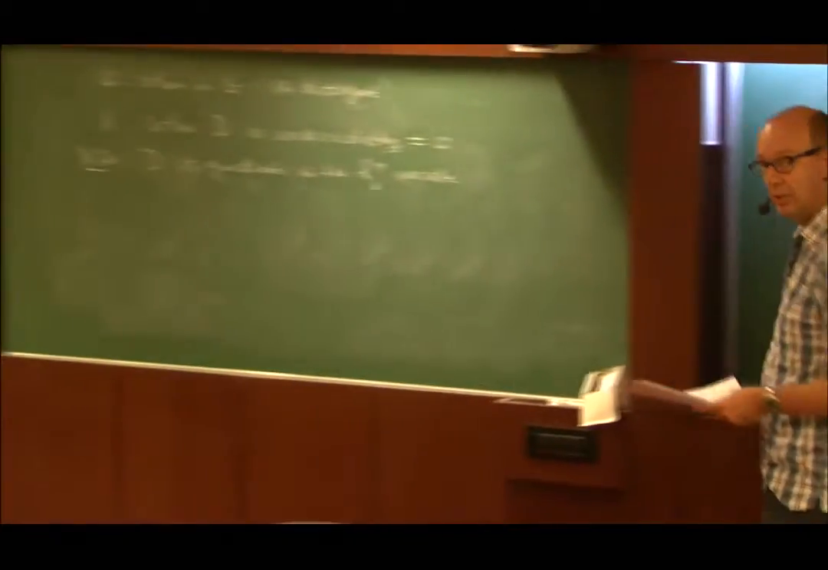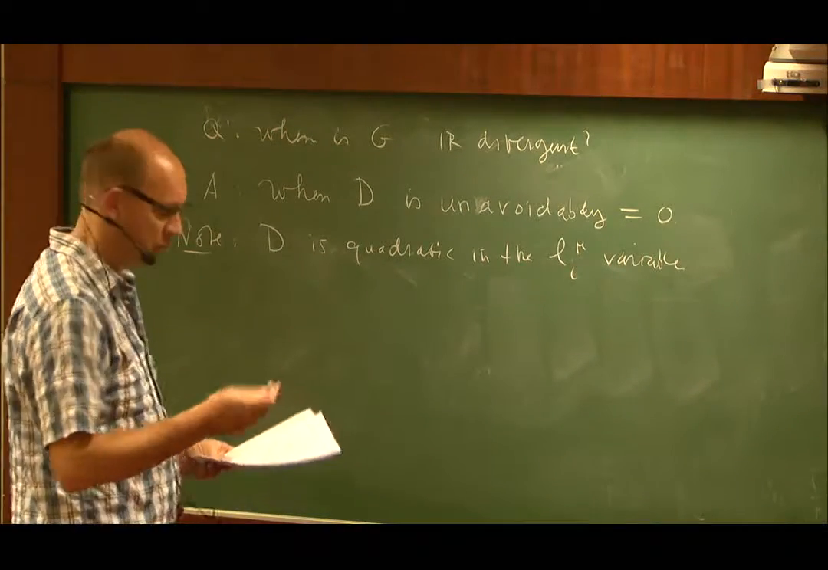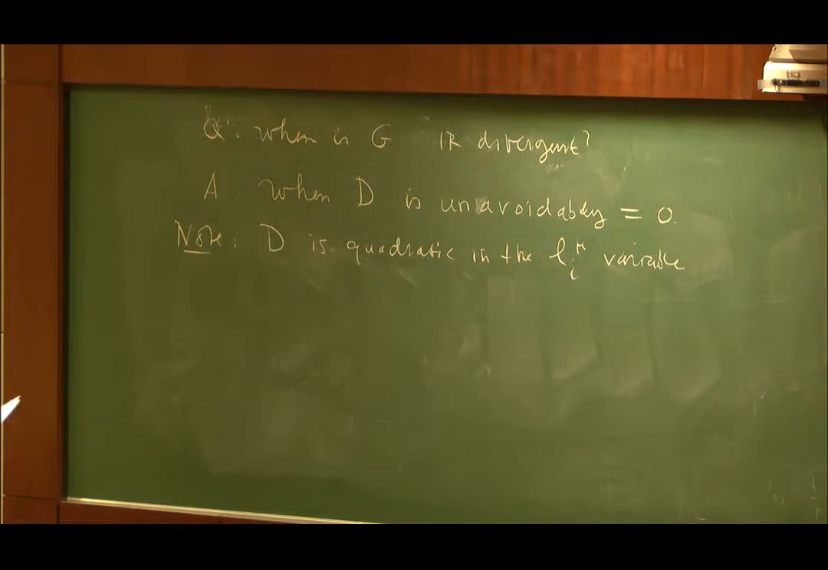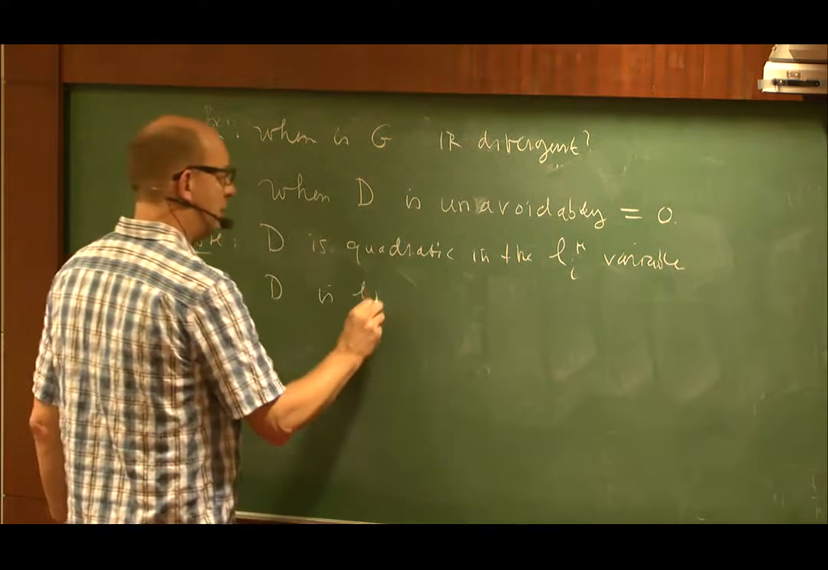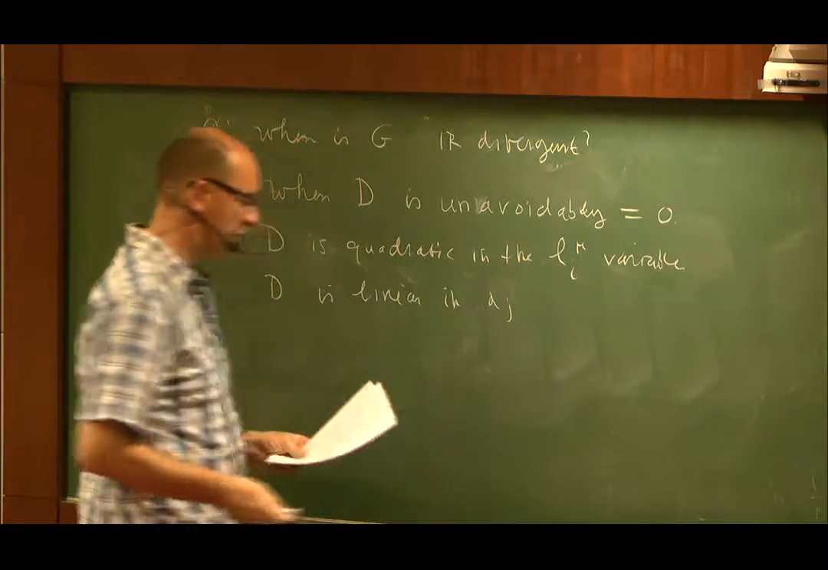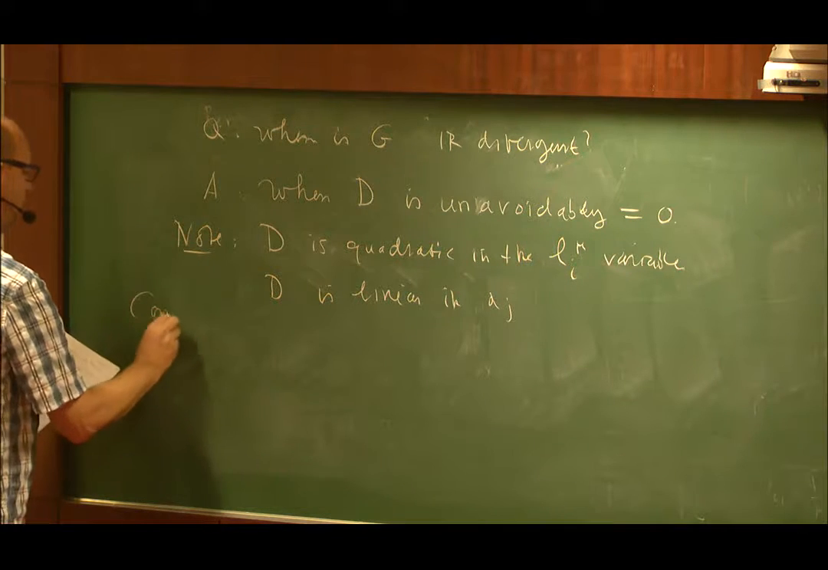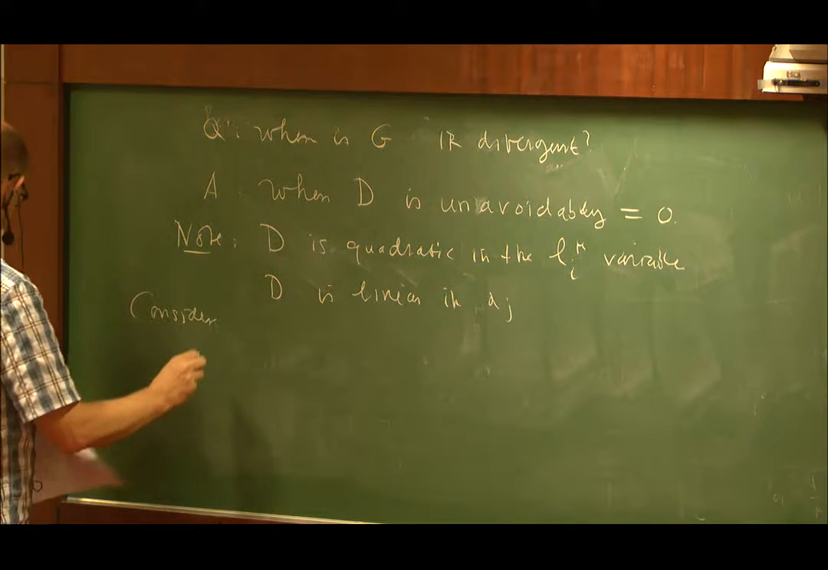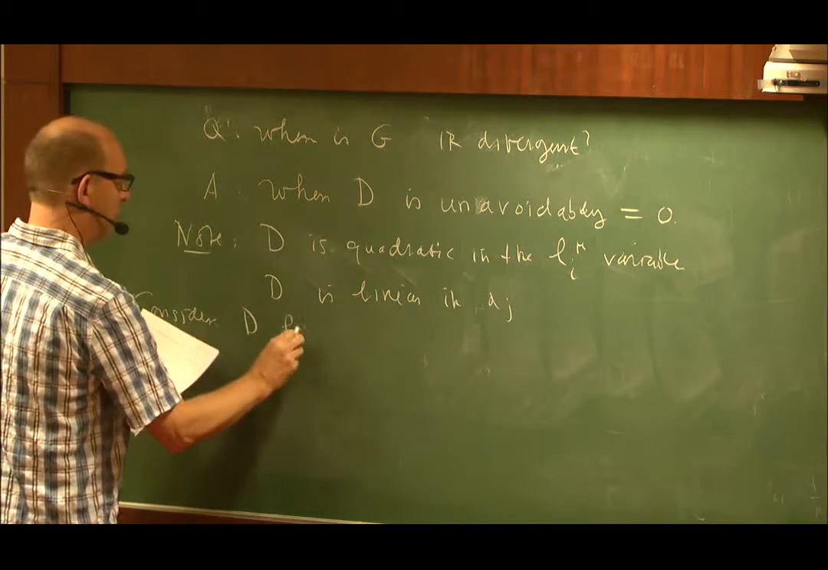Have a cubic, right? It's always a sum of squares, and linear terms as well, together with the quadratic ones. We also note that D is linear in the alpha j, in the Feynman parameters. Okay? So consider D for a given